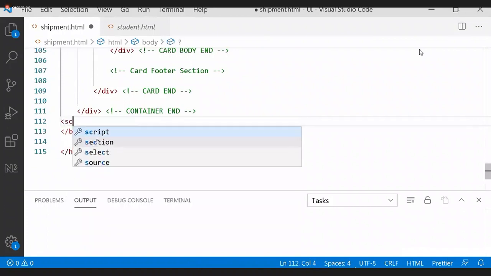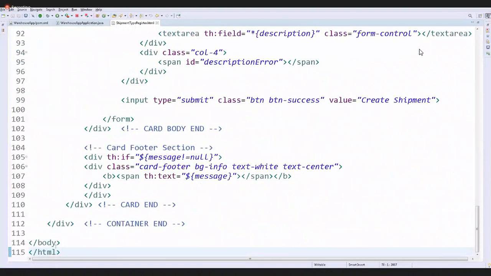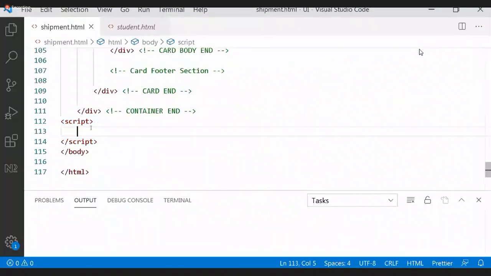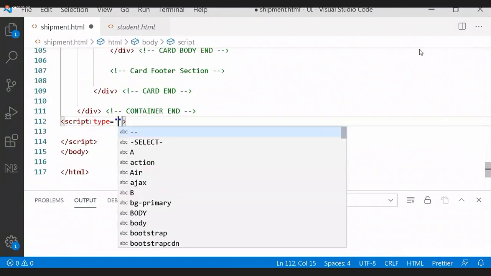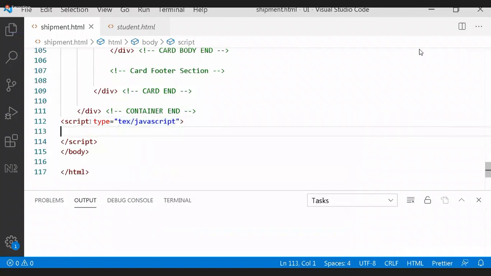I'm writing here a script. Whatever we write inside the script, this content I'll finally copy to here. Finally, I'll copy to here, so that this is easy for writing the UI. That's why I'm taking this one. Nothing else here. Type is equal to text/javascript. I'm writing here dollar document